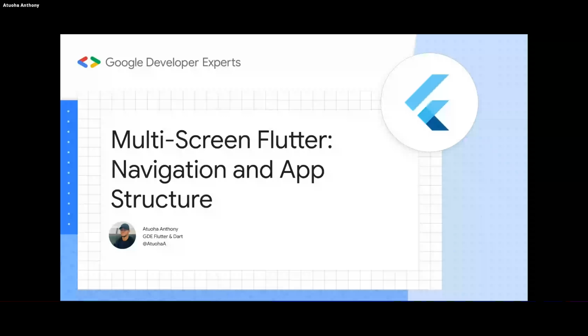We're going to be discussing a section that revolves around multi-screen Flutter, that is, navigating app structure. The whole essence of the call is to enable us to learn how to build